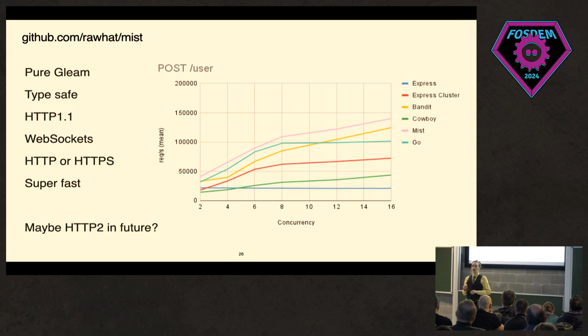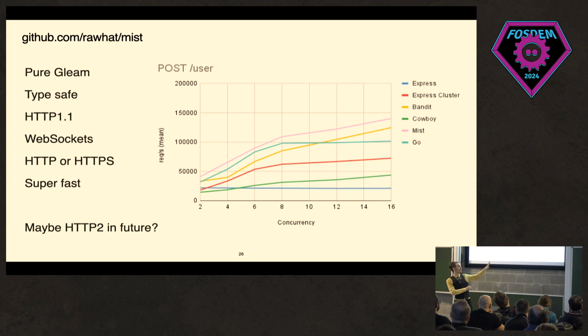And what's really cool is that it's not just proving that you can use Gleam to make sophisticated things. Implementing a fast HTTP server is quite challenging, but you can also get really good performance out the other end. So here we've got a bunch of different web servers graphed. The ones at the top are Mist and Bandit, Bandit being Elixir's new one. Bandit has had a new version since this benchmark was done, so I think it's actually slightly faster now, but